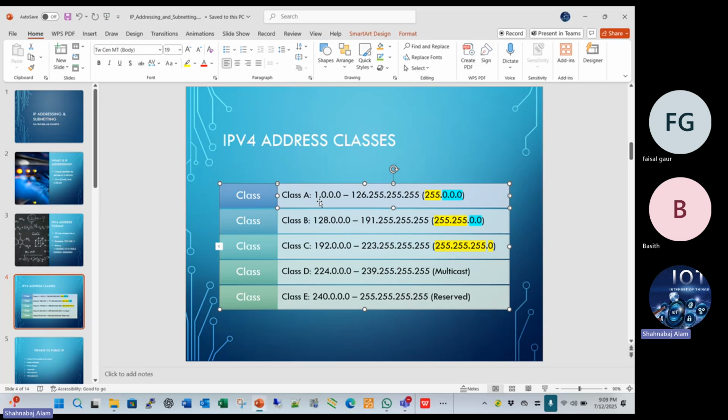So we will enhance the network, enhance network performance and security. That's why we are doing subnetting. We will configure and make the subnets. Suppose you have multiple devices,